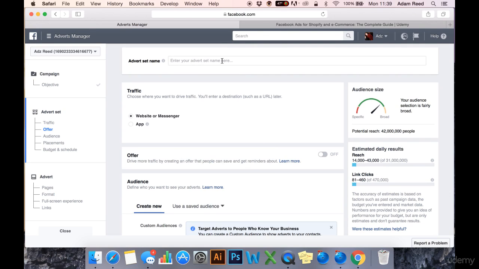So the advert set name, it's probably best to start as you mean to go on. So you need to know how to name an advert set in a way that will keep multiple advert sets well organized and you know exactly what you're talking about. So what I like to do is input, first of all, the product that I'm selling in this advert set, because you can sell multiple different products in one campaign. So I'm selling my FB ads course,